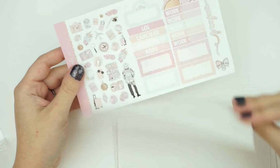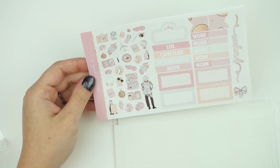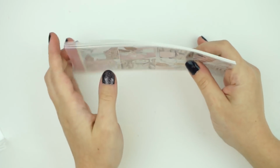Little things, washi and headers, a ton of deco. Again, I've been trying to squeeze in a ton of deco, making everything super small. I love the gold. I love this bottom wash. Totally forgot about this. I love the florals. It's just such a pretty collection, you know what I mean? And I love